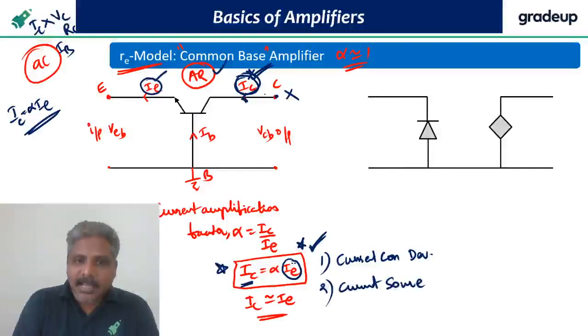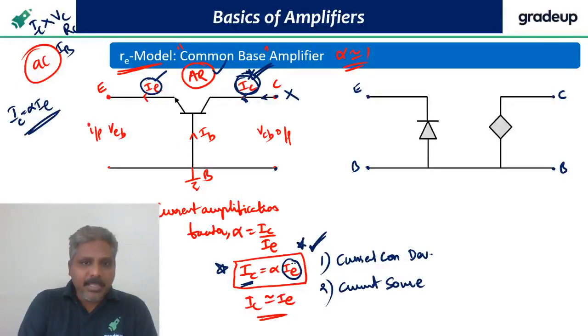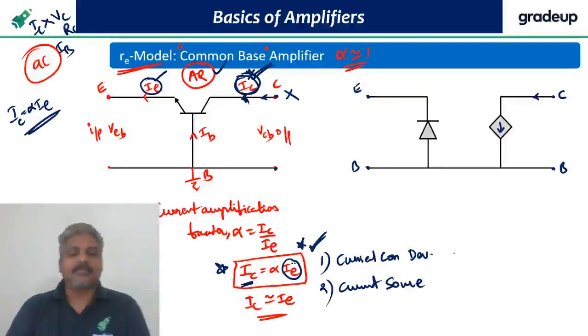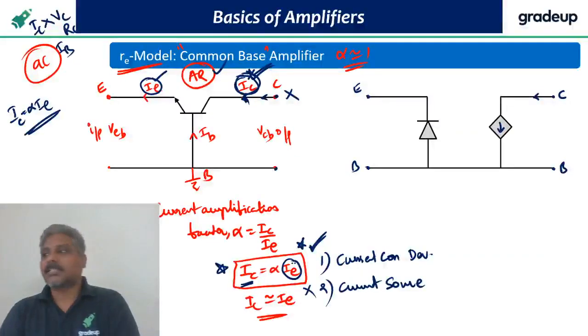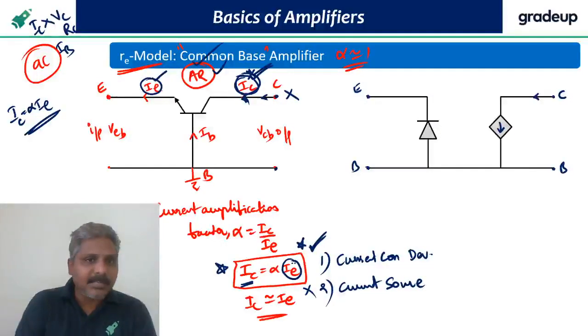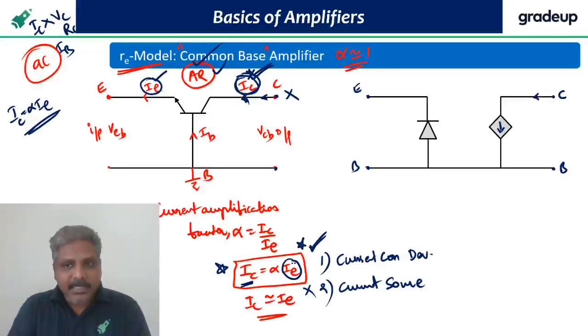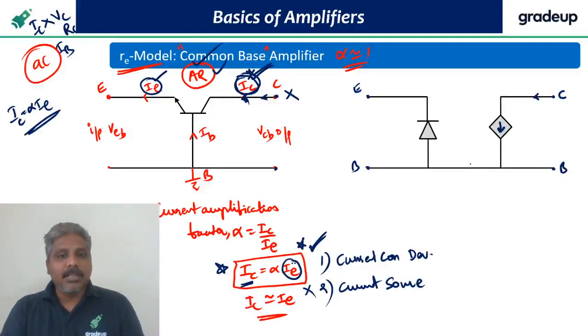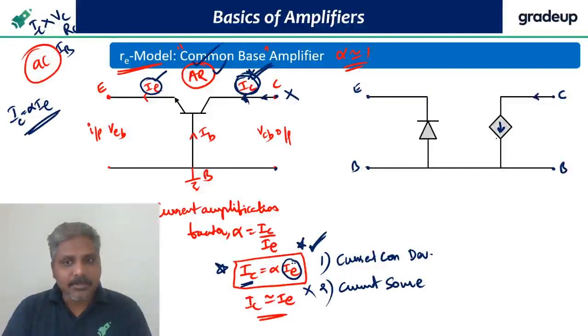That is why the current flowing in the collector, between collector and base, I am showing here. See here, this is collector, this is base, this is emitter, this is base. The current flowing between collector and base, I am showing as a current source because it is independent of voltage. Listen carefully, guys. It is behaving like a current source because it is in active region. It is not having any internal current source. No, the behavior of the current is like a current source. That's why I am showing it with a current source symbol.